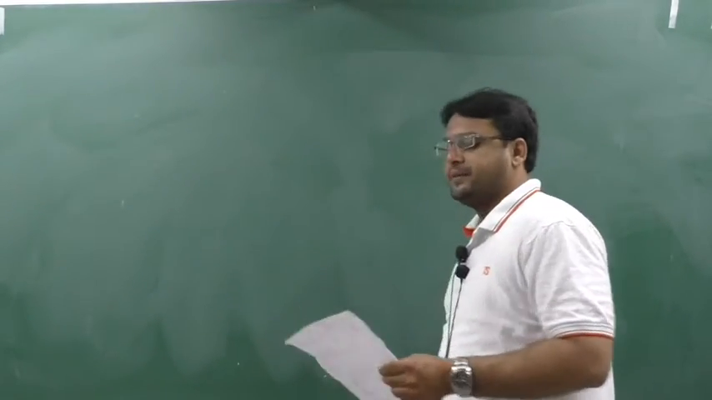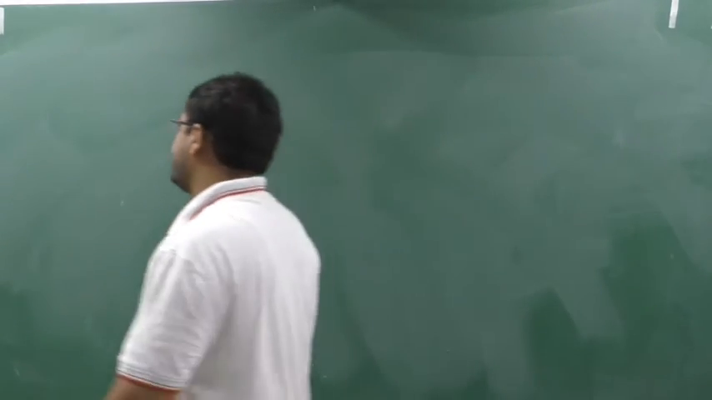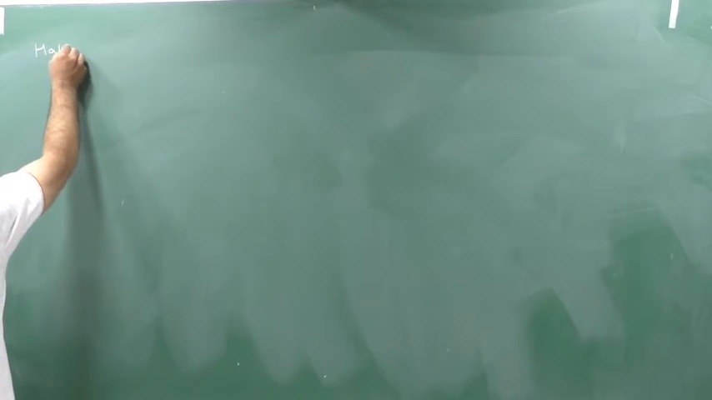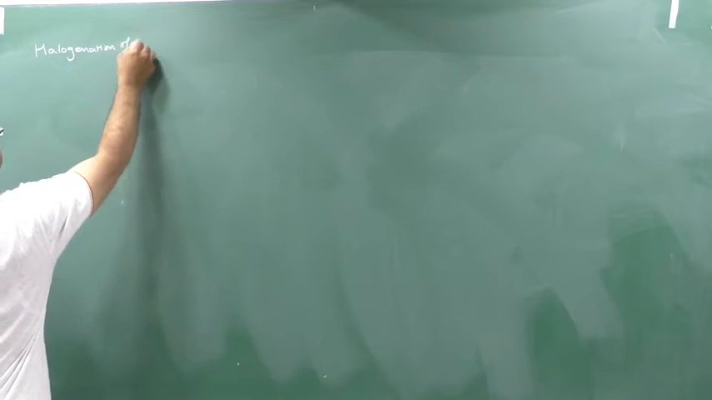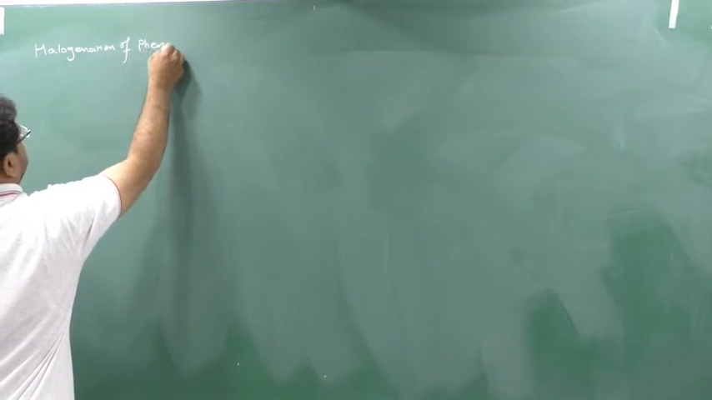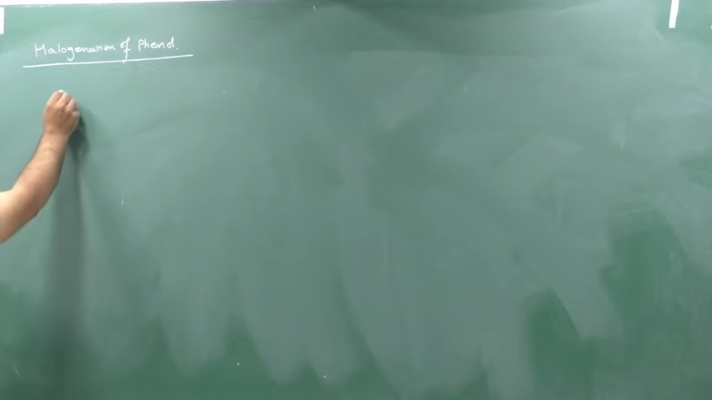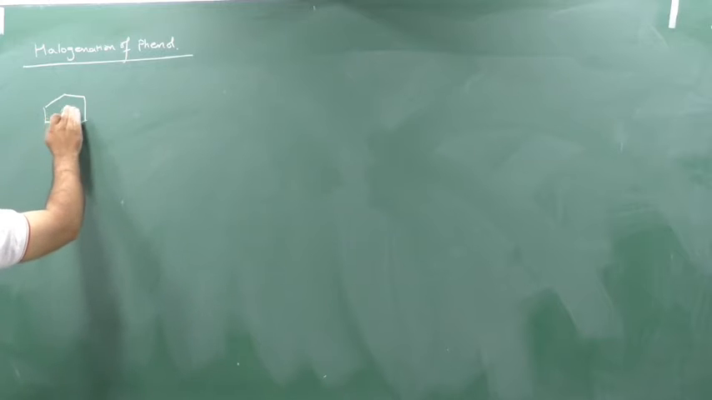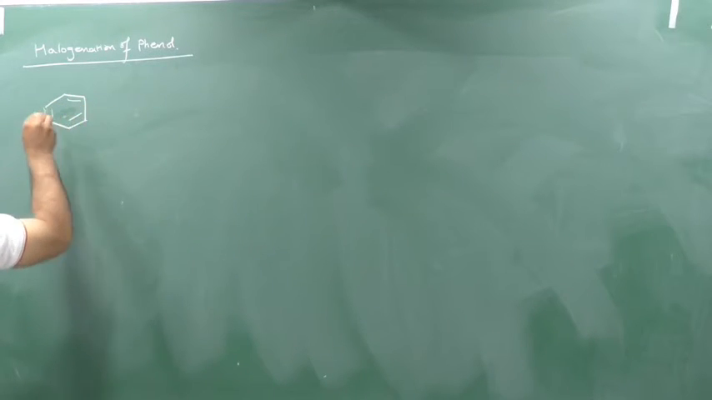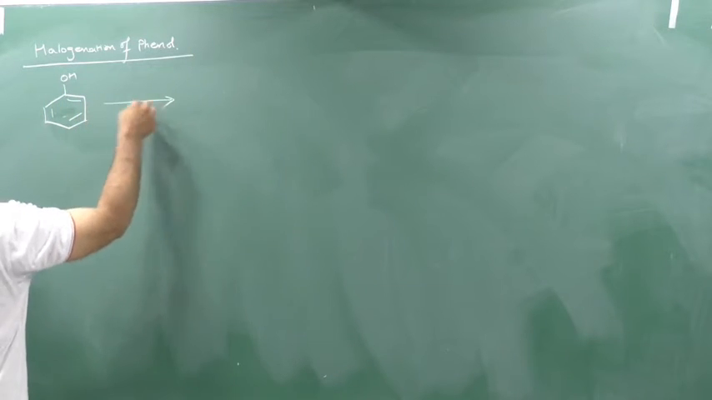Today I am going to discuss the remaining chemical reactions of phenol. In that, first make a note: halogenation of phenol. This is very important. Clear? Now if you take phenol and you do the halogenation, here you are using bromine water,